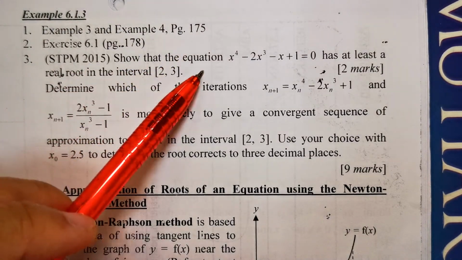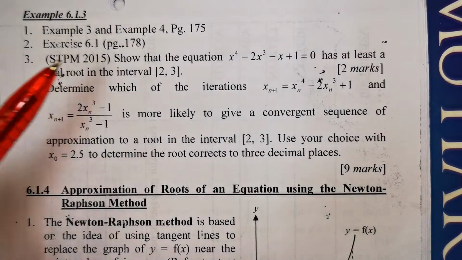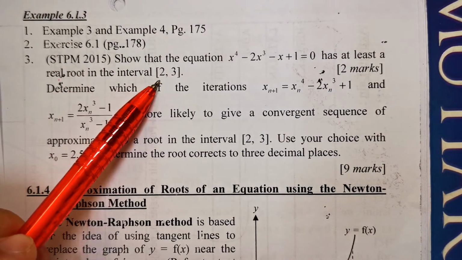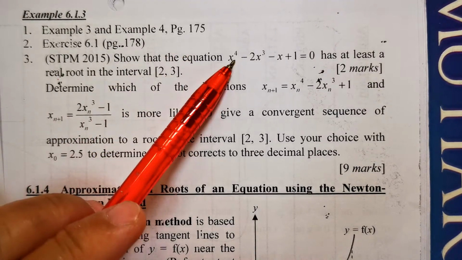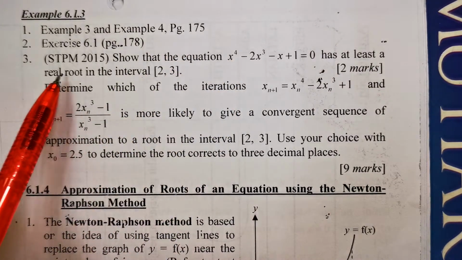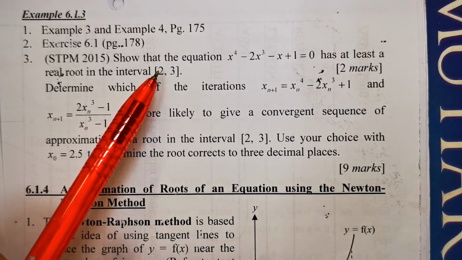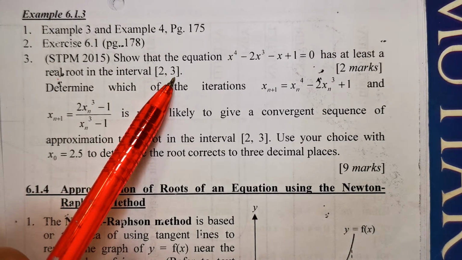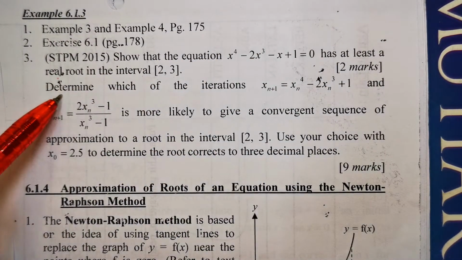First, they want you to show that this equation has at least a real root in the interval 2, 3. Remember this one we have discussed. How to show this equation has at least a real root in the interval. You know that we have to find F2, F3 and show that they have opposite signs. So you see, 2 marks only. Then determine which of the